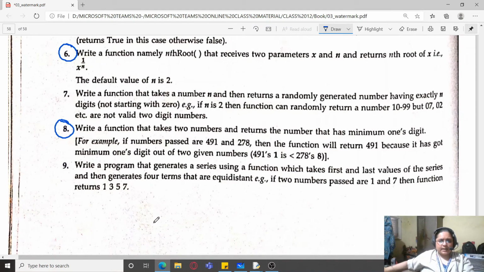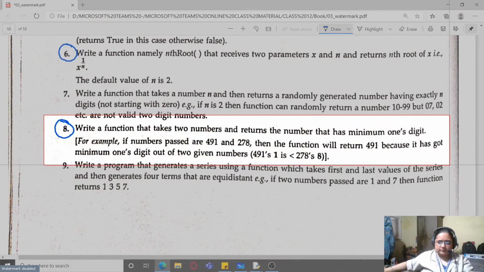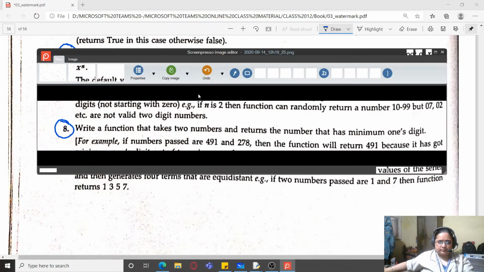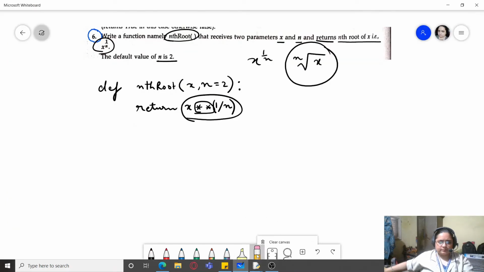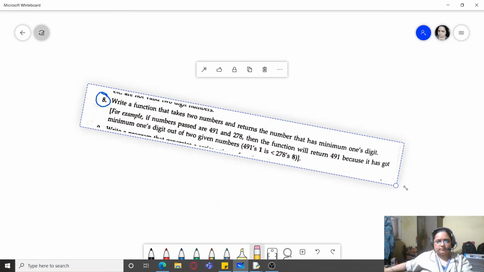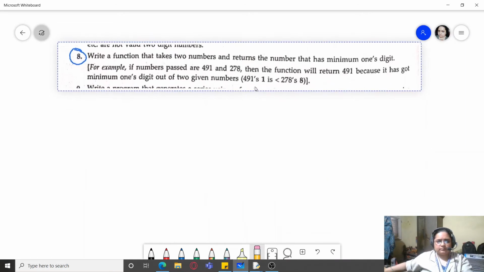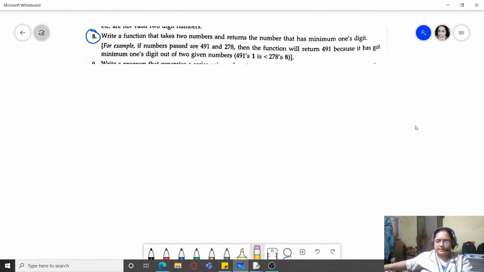Next question is the 8th question. So let me copy the 8th question. In the 8th question you can see it's written here: write a function that takes two numbers and returns the number that has minimum ones digit.